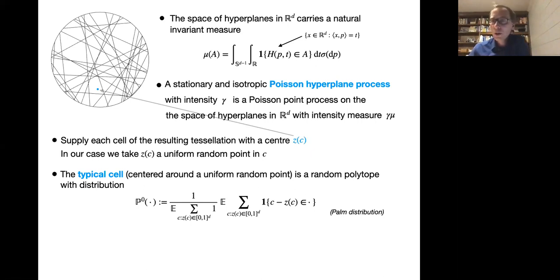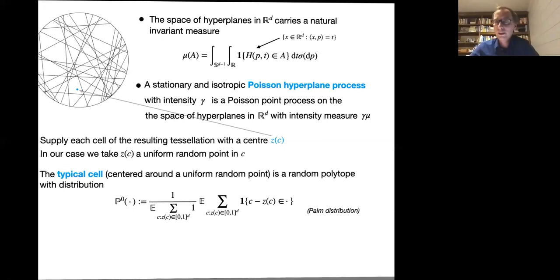And probably you remember them from Zakhar Kabluchko's talk. He was also speaking about these Poisson hyperplane tessellations and the cells attached to them, on the one hand side, and on the other hand, this very classical model of random cones. So this is the object we are dealing with.